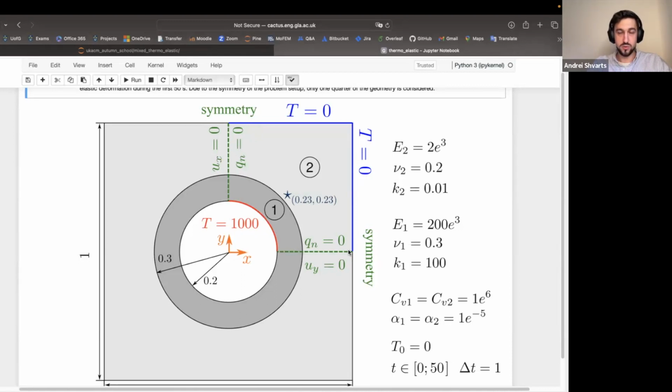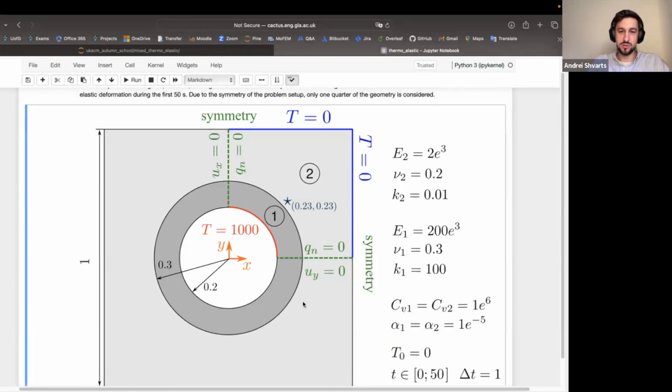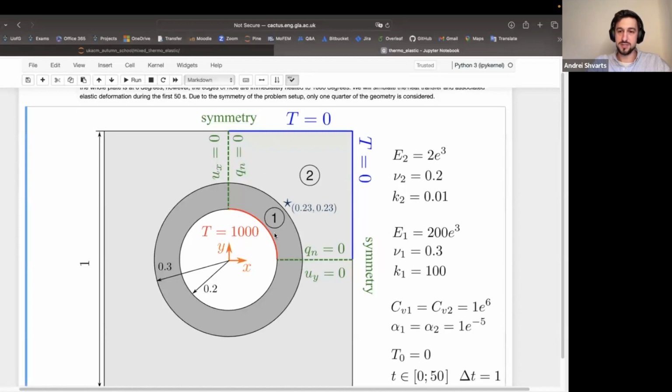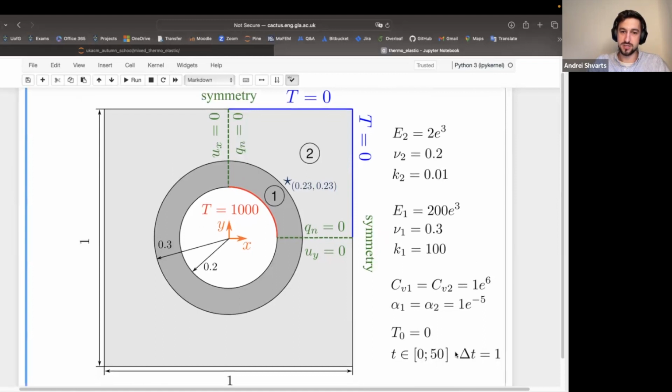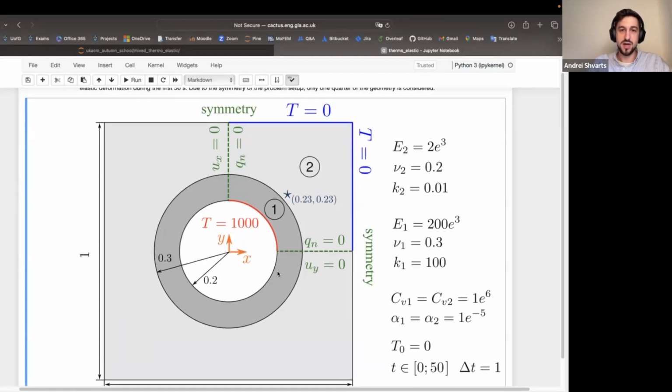Okay, and the idea with this boundary condition, what you can imagine, is that initially the whole plate is at 0 degrees, and then we do something like flash heating to heat up this surface over here to 1000 degrees. And what's going to happen in the first few seconds after the simulation starts is that the heat will very quickly propagate through material one. It's going to heat up